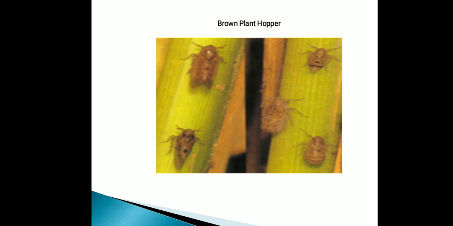The next method is using some insecticides. Among the insecticides, BHC and malathion as dust, and carbaryl and methyl parathion as spray just before flowering of the plant, are effective. So the next pest is